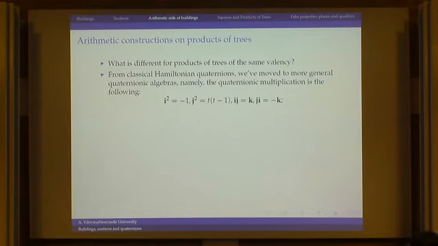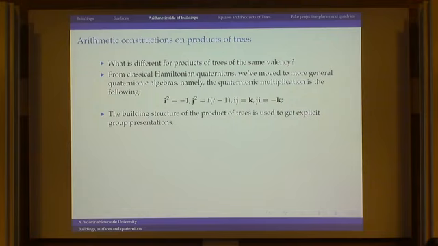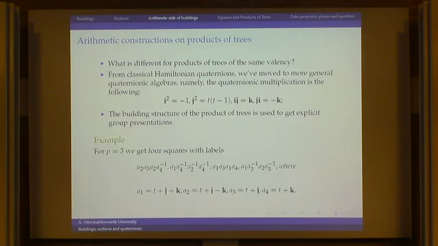You see here we have this variable t, because instead of Hamiltonian quaternions, instead of integers, we have p, q, t. Now, of course, this kind of building, which is a product of two trees, I already mentioned that we are interested in groups which act on products of two trees,